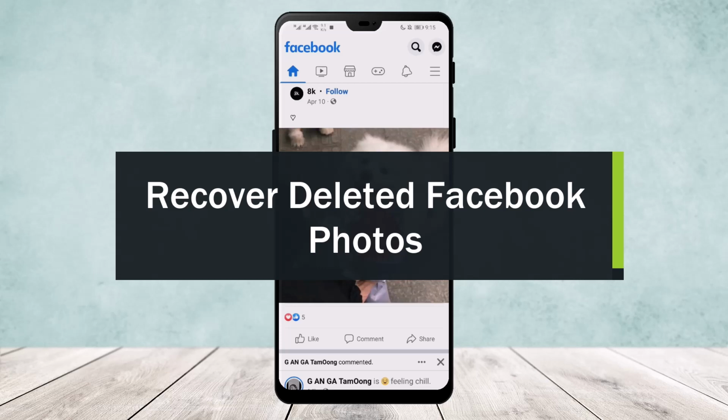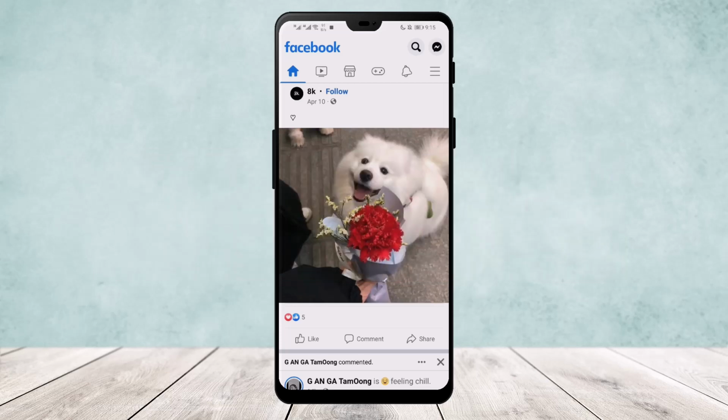Today I'll guide you on how you can recover your deleted Facebook photos. Now, open the Facebook app and make sure you are logged into your ID. Now, if you are logged into your ID, you'll get an interface like this that you can see on the